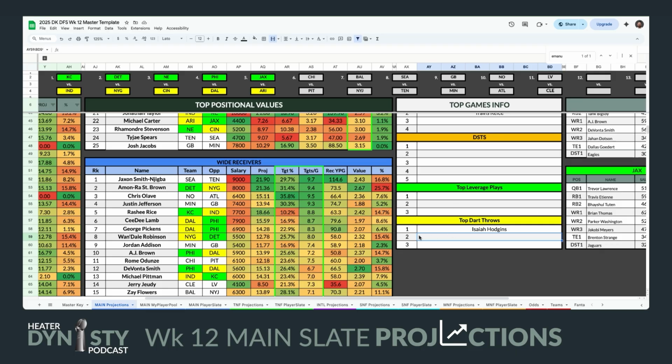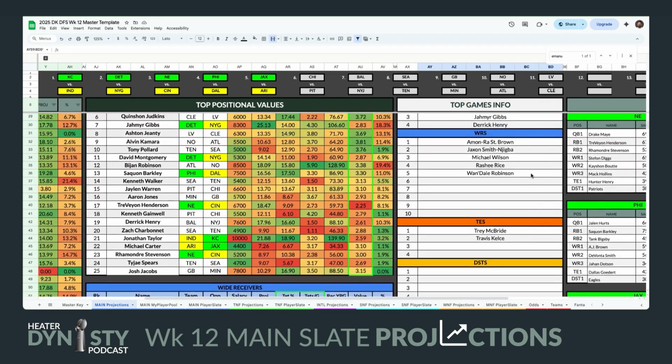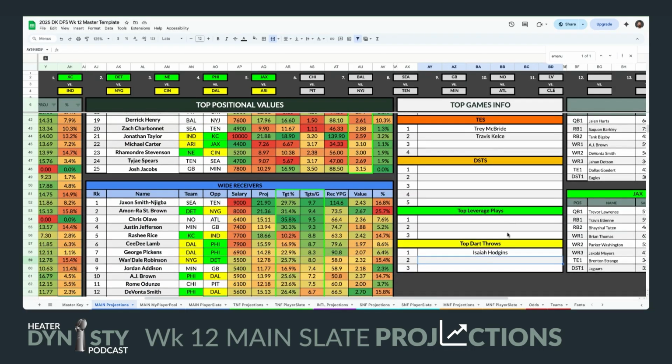But this last week, when playing with Jameis, and now that we know Jameis is confirmed the starter, he had 21% of their target share and was in the game for 80% of their snaps. So this guy at near base price, he's at 3,300. He is definitely someone that I think can save you some salary and open up spots for some of the top players. So that's someone that I'm interested in.